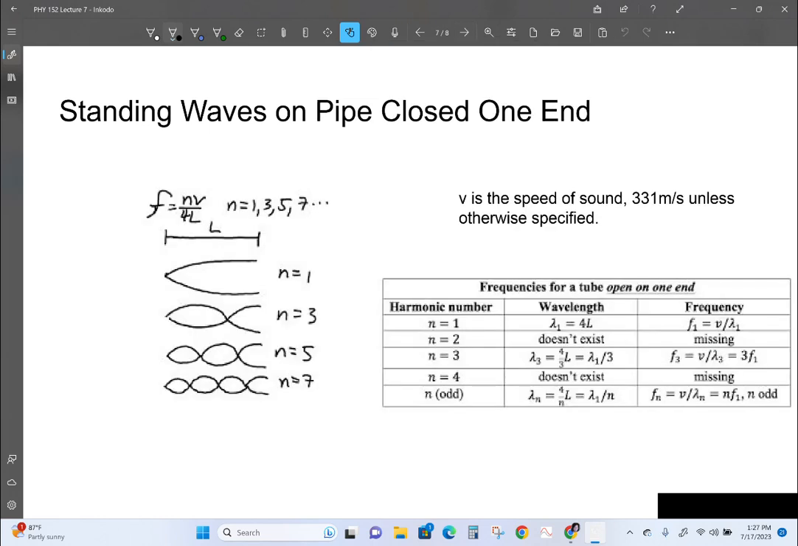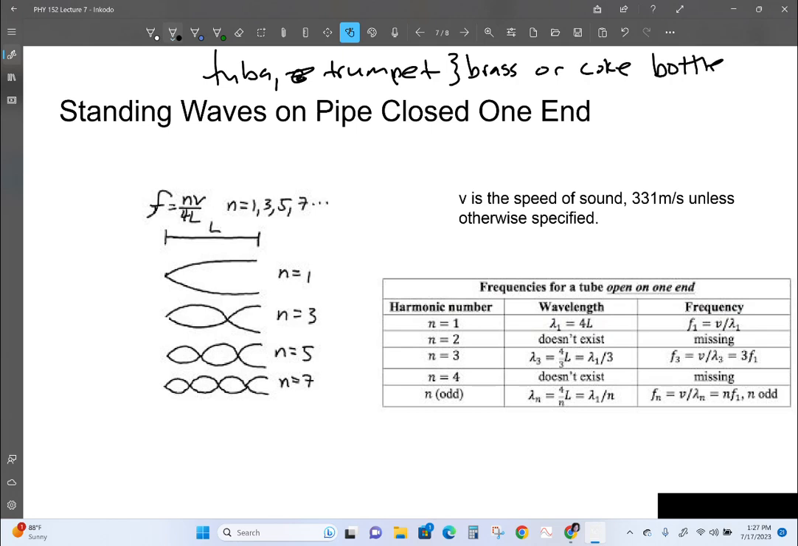Other instruments that we see in bands and orchestras have pipes that are closed on one end. So that would be like a tuba, trumpet. Okay, these are usually our brass instruments, or a Coke bottle that you're blowing over, right? A Coke bottle. Here's your bottle. It's got one hole in it, and if you blow over it like that, you can actually get that air column to resonate. What's different about it is that